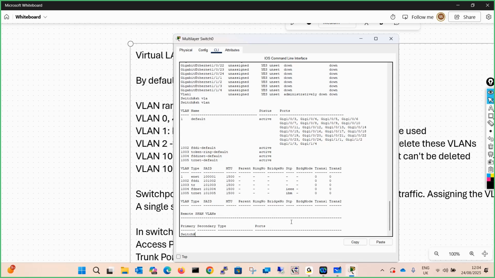So in the next lecture, I will be making the labs on EVE-NG. I already have it, but if I try to boot it now, it will take 5 minutes or more to boot. So unfortunately, due to the limitation, we have to stop here. In the next lecture, we will continue from here, and I will justify this practically.